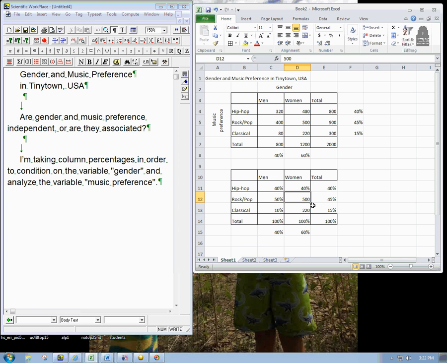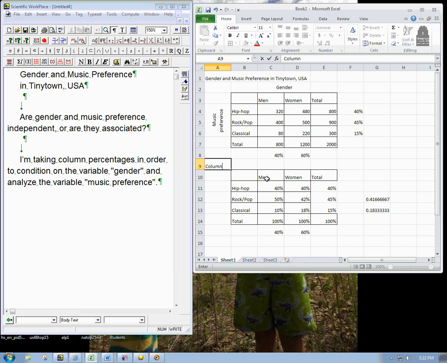Let me just go ahead and finish it before I make any conclusions. 500 out of 1200. Ooh, 5/12. What is that? Let's see. So 42%. Let's not be too finicky about accuracy. And then 220 out of 1200. I'm just doing some scratch calculations. 18%. Okay. Whoops. Wrong place. And that's still 100%. Okay.